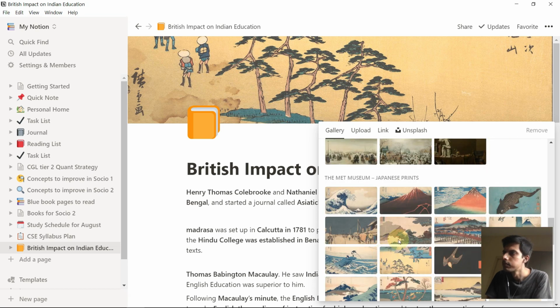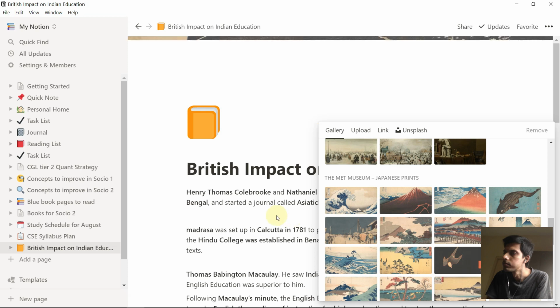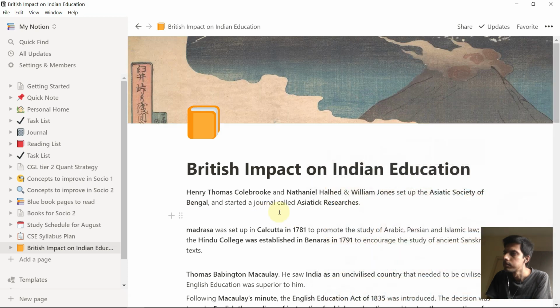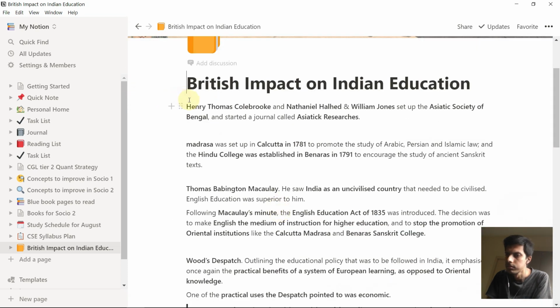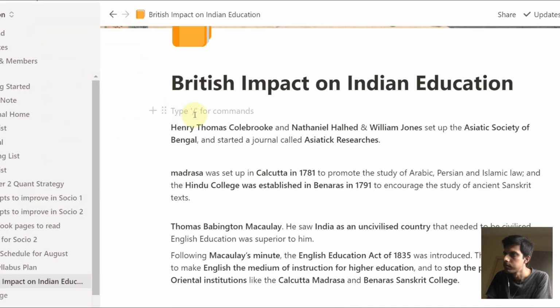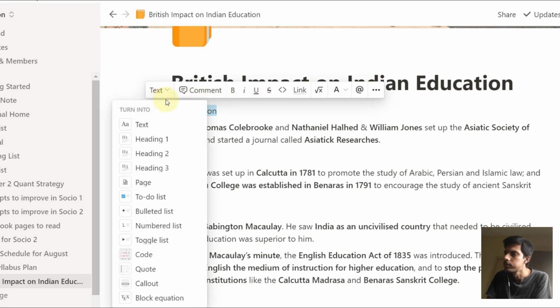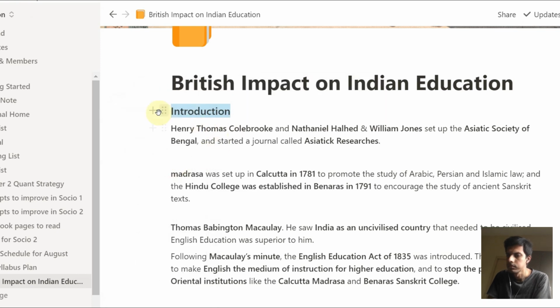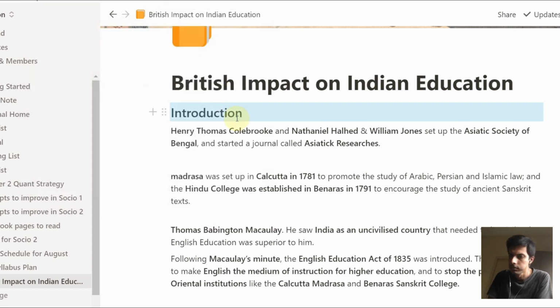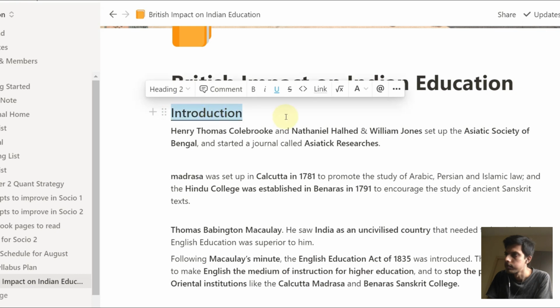Okay, this looks nice. So next what I will do is, now it looks very rough notes, like it's not formatted. So I'll format it. I'll keep headings. So now I'll type the introduction, and then I will copy it, and you can select this box here, text, and then you can go to this heading 3, which is a small heading. You can then go to heading 2, which is a big large font heading, and then I will underline it by pressing Ctrl U, and also will color code it. You can do it according to your needs.